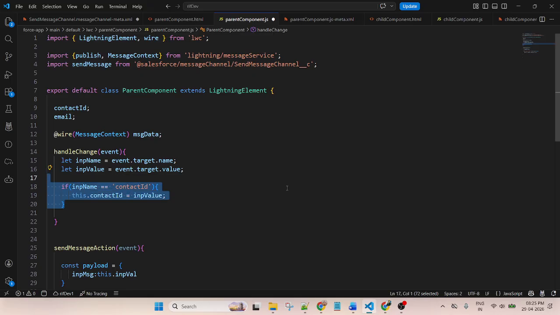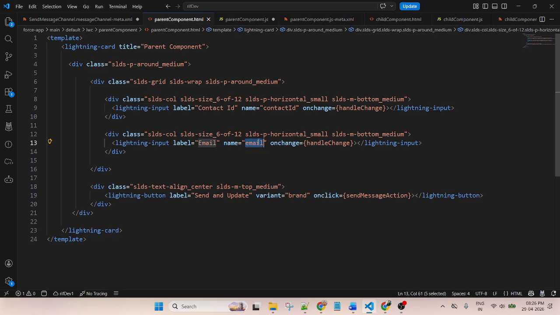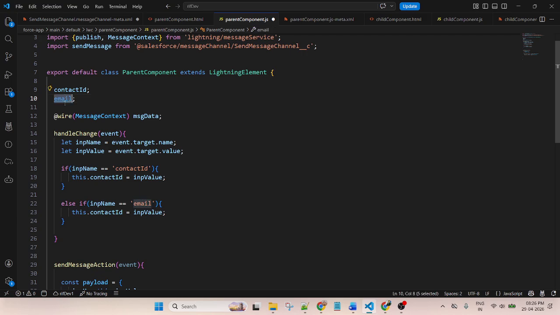Otherwise, similarly copy and paste here. Else, this time I will get the value of email, and store the value inside this variable email. Rest of the things are the same. So this is handle change. Handle change is used to get the current input value and store the value into this variable.